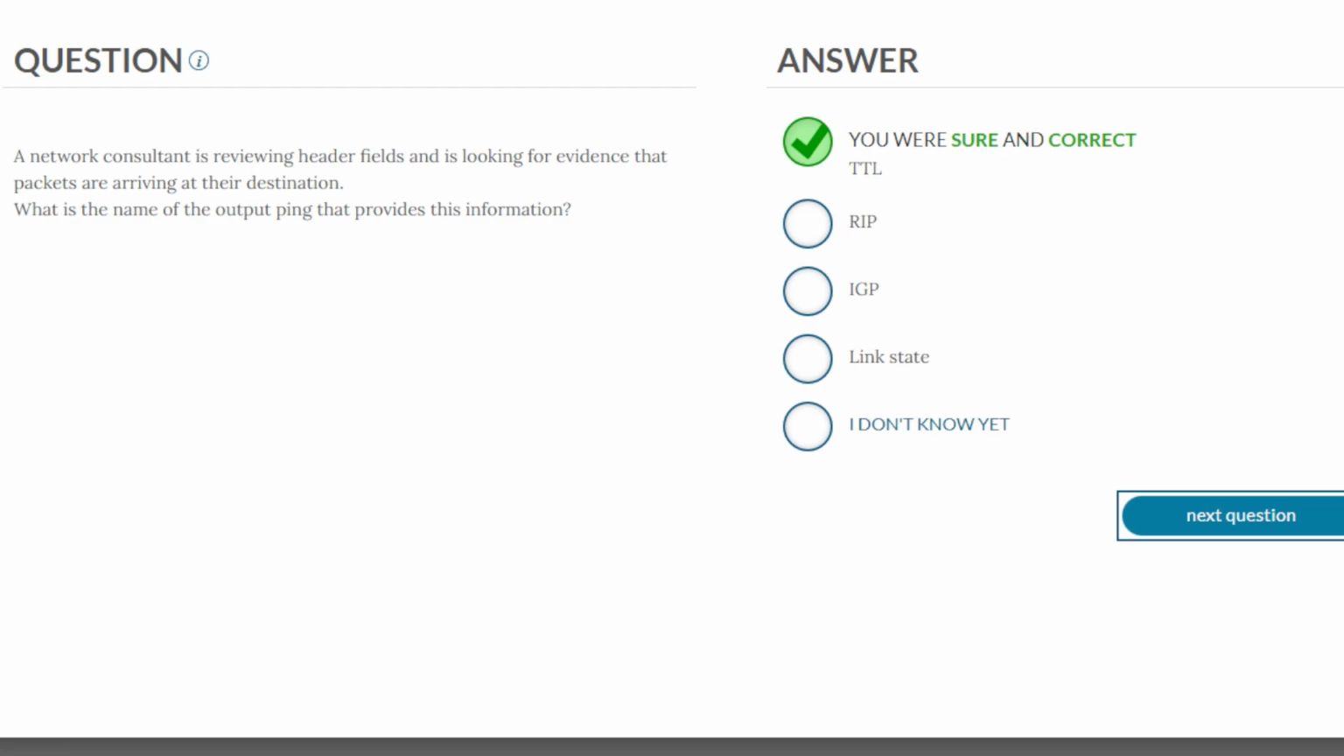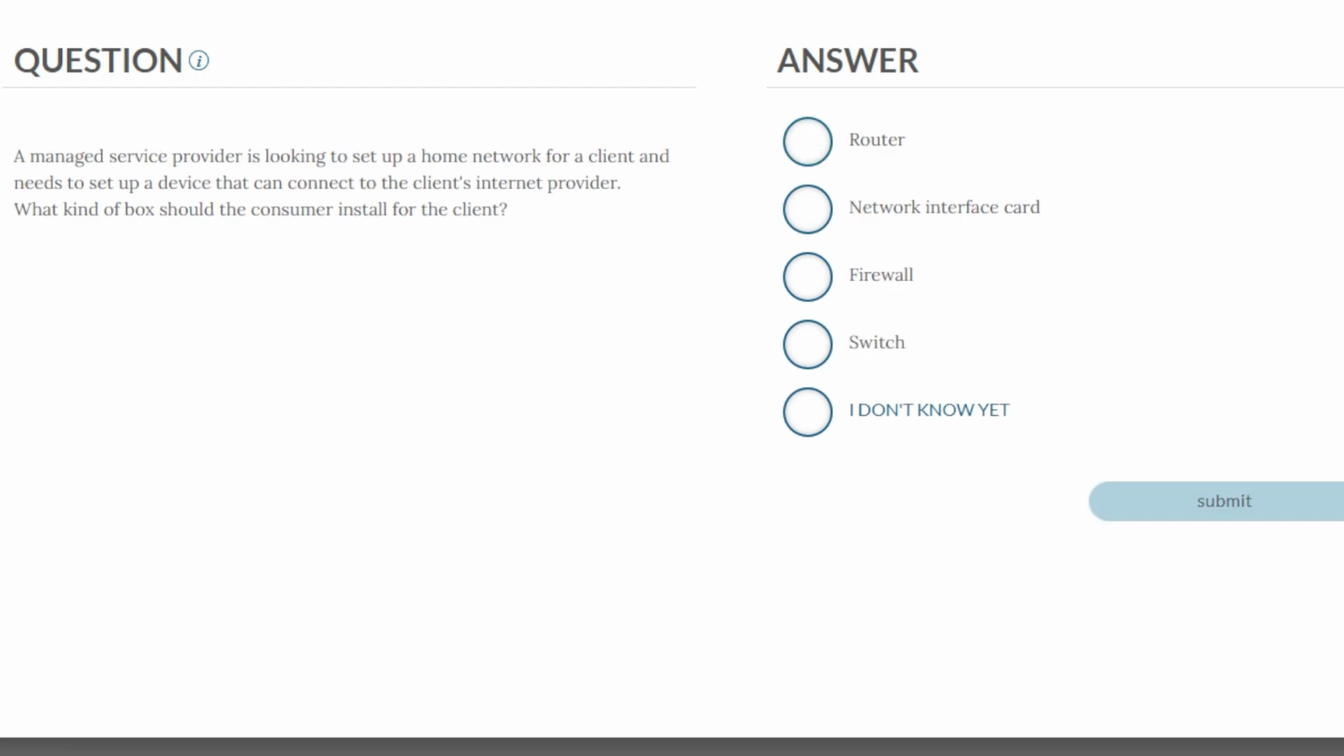Link state. This refers to a type of routing protocol like OSPF or IS-IS that uses the state of links to calculate paths. It's not related to ICMP ping replies or TTL values. Answer, TTL. Question. A managed service provider is looking to set up a home network for a client and needs